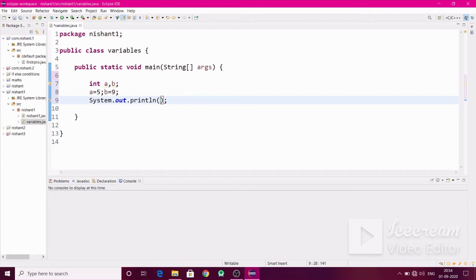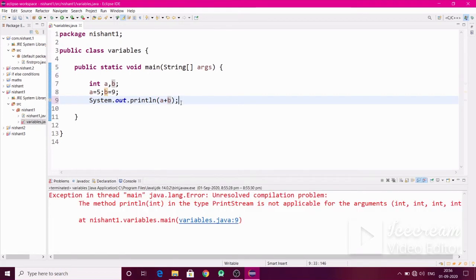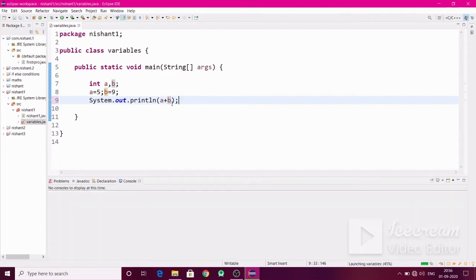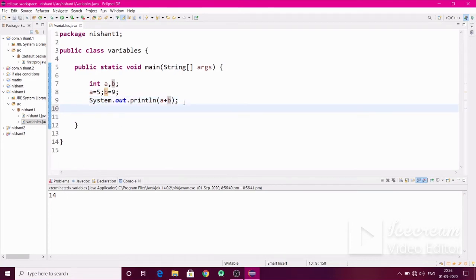So we are using println here, and then write a plus b, or you can also write a minus b. We have written a plus b, and to run the program, press Ctrl plus F11, and we get the answer, 14, as the program printed.